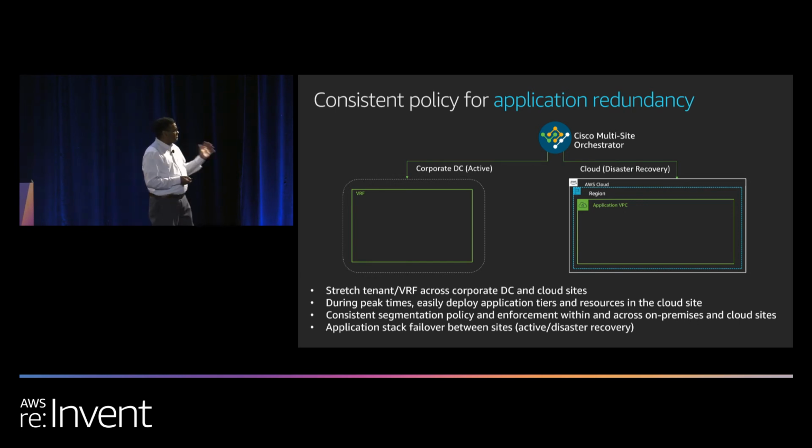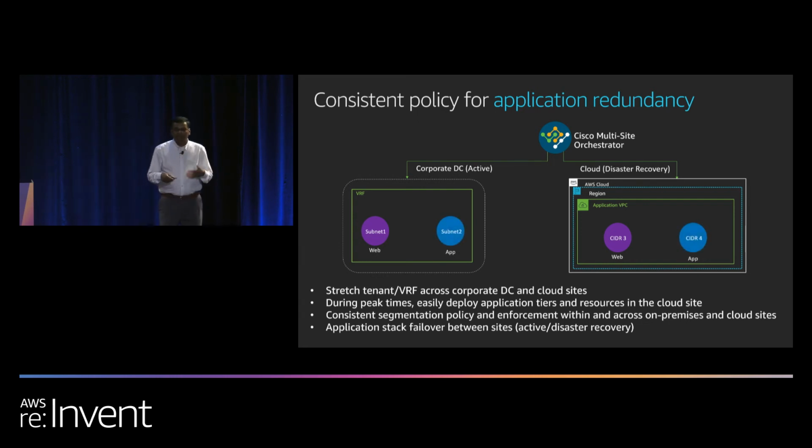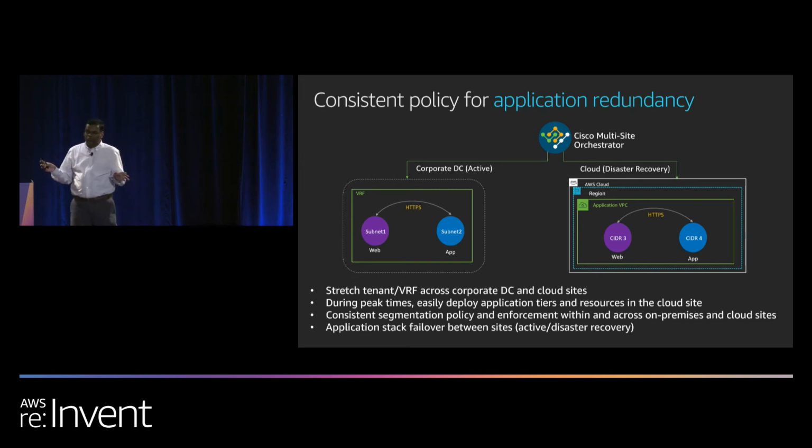So what we do is take care of the on-premises deployment for the VRF. We make sure that the equivalent is created in your cloud environment, which becomes the VPC as your networking shell. Then we create the applications, which are your compute resources. We tag them on both sides. In this case, we tag them in the web tier for on-premises, and we tag them as a policy group or security group in the cloud environment. Then we get the second tier, or depending on how many tiers you have, the next tier. And then we allow the security group rules or the intercommunication rules between them.